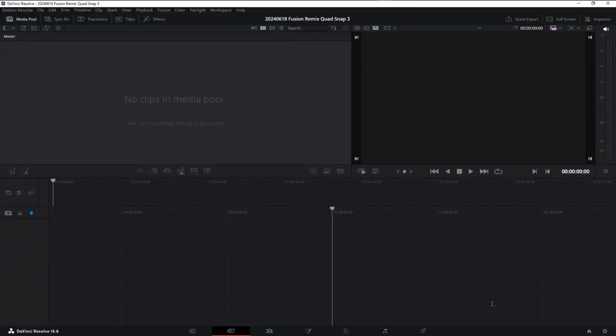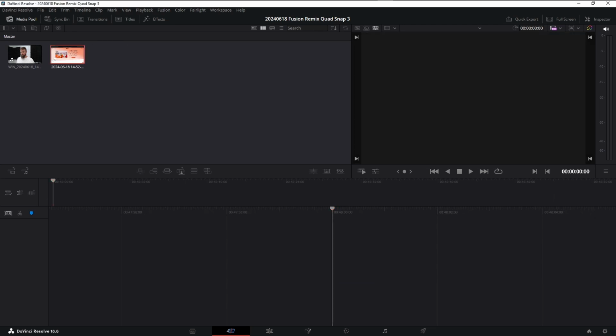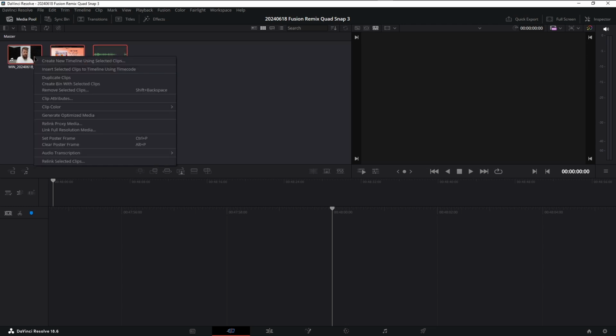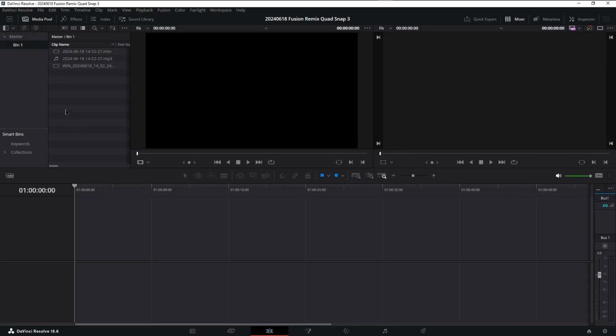On the cut screen, I'm going to grab and drop them in. So there's our webcam clip. Here's our OBS screen record. And then here's our cleaned up mic. Okay. So first thing we're going to do, we're going to select all those and we're going to create bin with selected clips. All right. So jumping over here, we have our bin